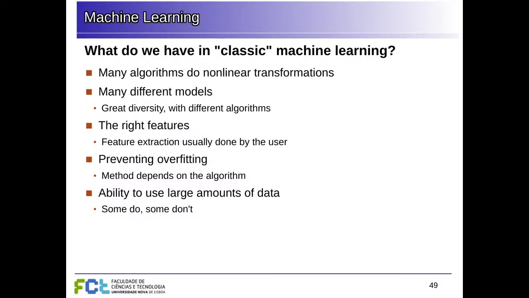Also, to prevent overfitting, we can use regularization, model selection, but this will vary a lot between different models, different kinds of approaches. And some models are better at working with large amounts of data, others are not. For example, with support vector machines, if you have a lot of data, then it becomes really expensive computationally, because it's quadratic with the number of data points that we have. We need to consider all the pairs of examples,